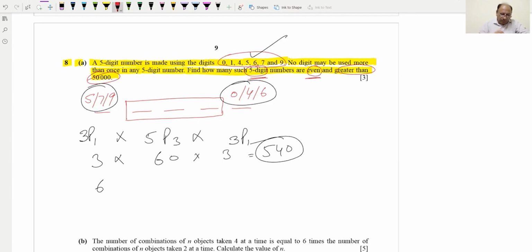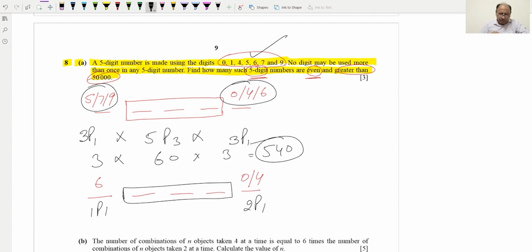So there are 5 places: 1, 2, 3, 4 and 5. So it can be an option that 6 is here and 5, 0 or 4 is here. So it should end up to this one. So we can take that option also. It will be 1P1 here, and this will be 2P1, and in the middle the remaining 5 we can take, that will be 5P3, and